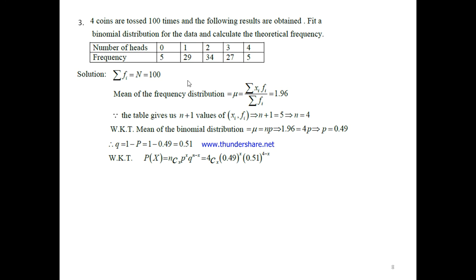Now, by using these values, let us write our probability function p of x, that is 4Cx, 0.49 power x, 0.51 power 4 minus x. The theoretical frequency is given by the product of the total frequency and the probability function values, that is N into p of x. In this case, N is 100 and our p of x is 4Cx